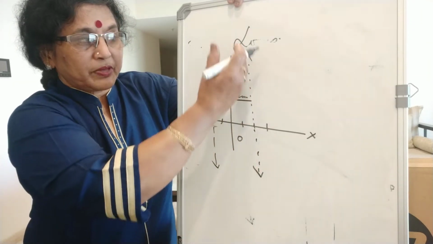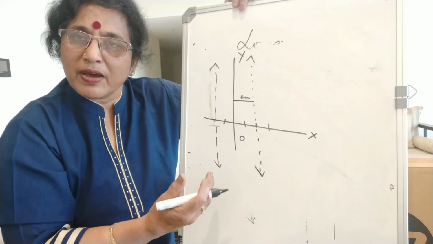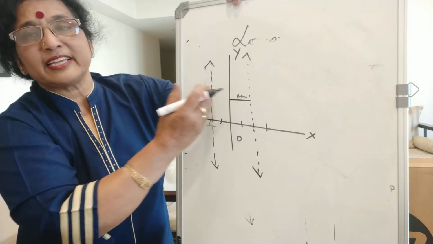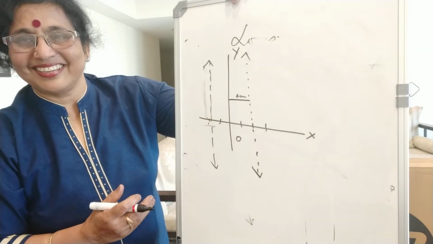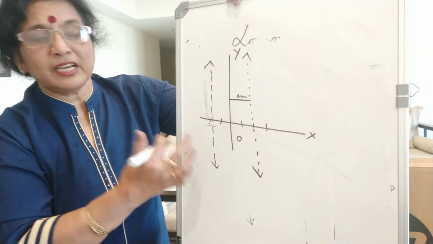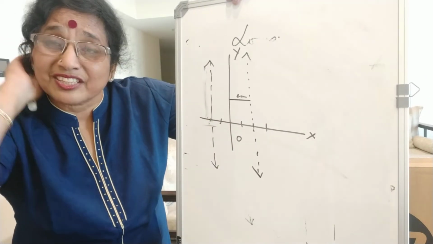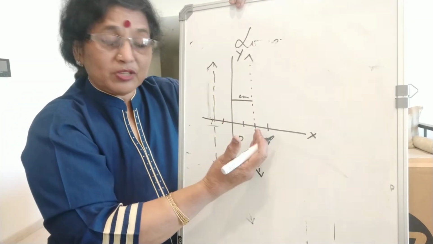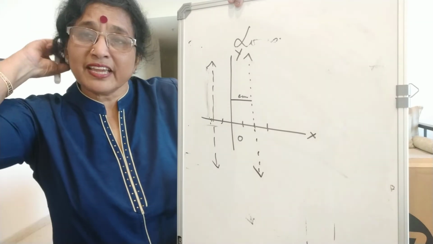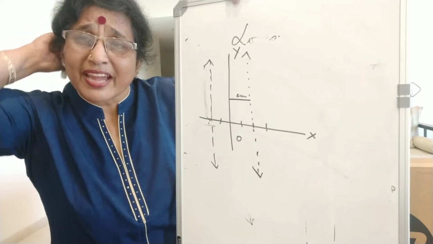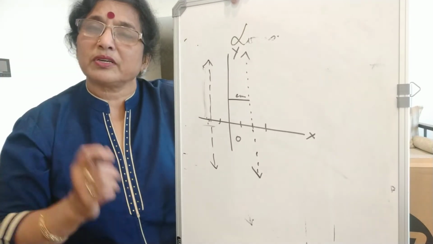Therefore, it is a straight line parallel to the y-axis at a distance of 2 units from it. So it can be this as well as this. Is it clear? So now that is the description, the statement. This was drawing. Now if I say explain this drawing in equation form, write the locus,